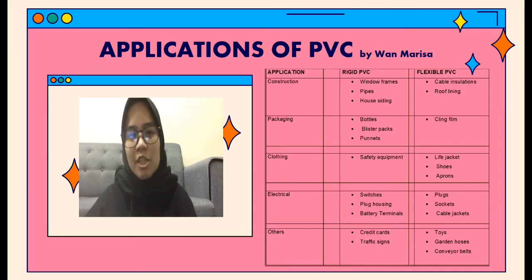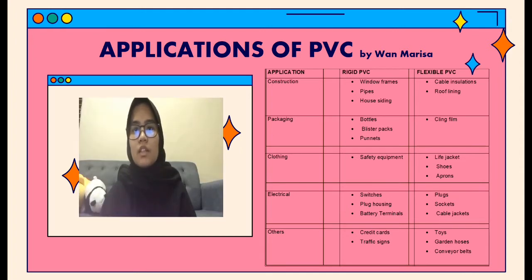There are some applications of rigid PVC and flexible PVC. The applications are divided into 5 categories. First is construction, second is packaging, third is clothing, next is electrical, and lastly is others. For packaging, rigid PVC is used as bottles and blister packs, while flexible PVC is used as cling film. For construction, rigid PVC is used in window frames, pipes, and house siding, while flexible PVC is used